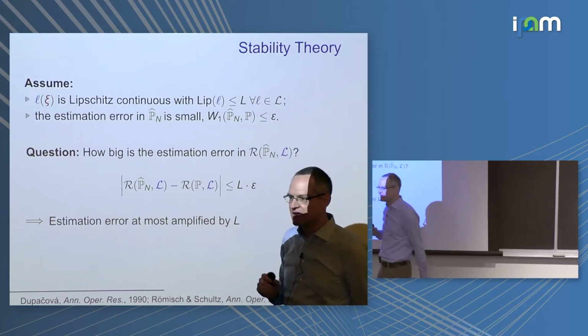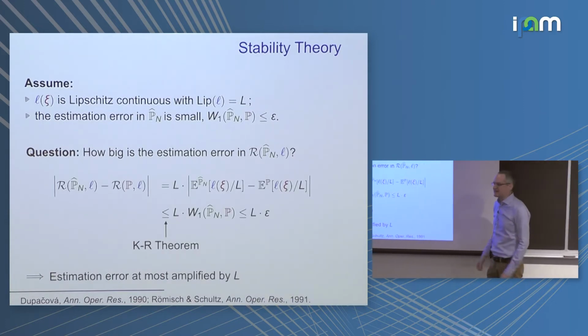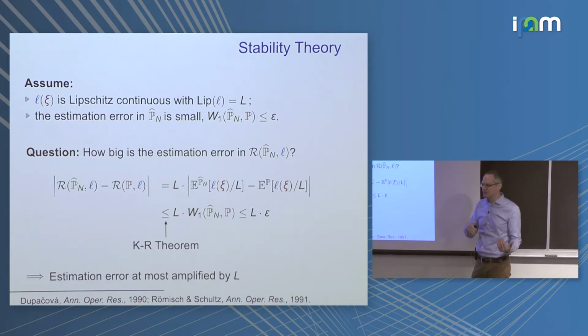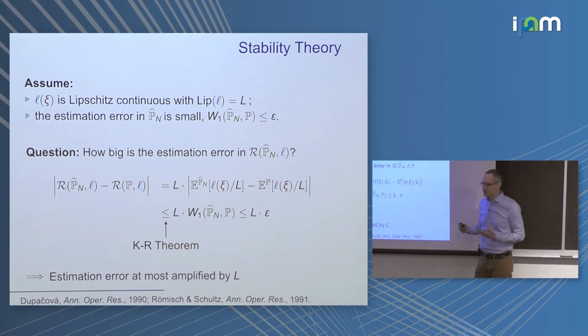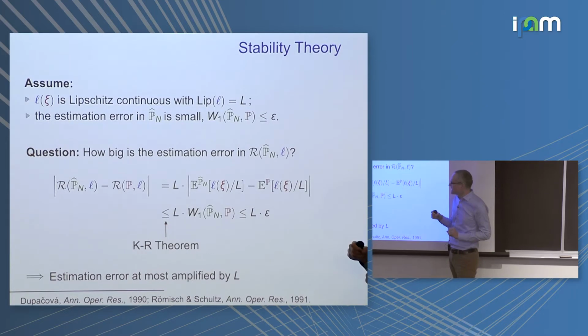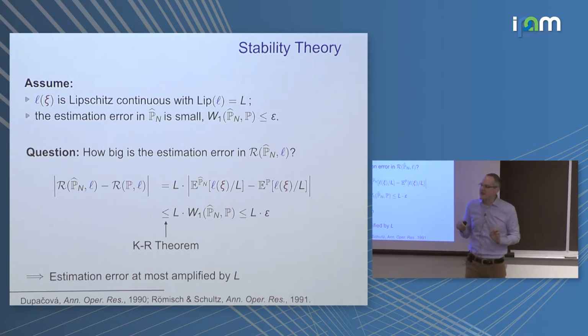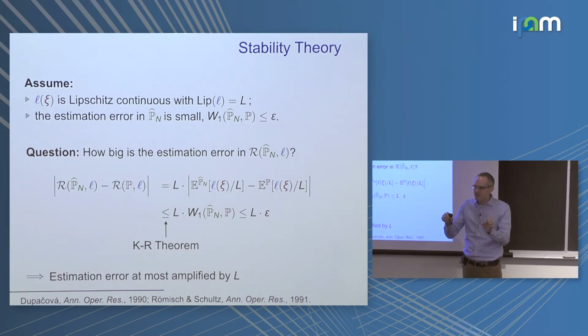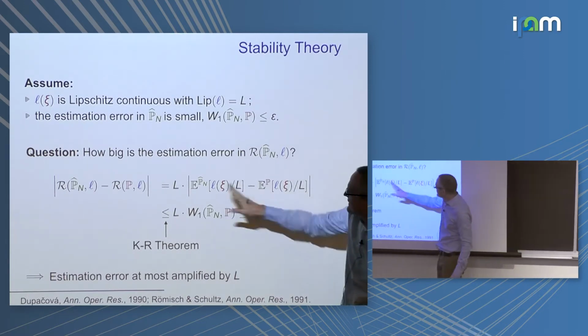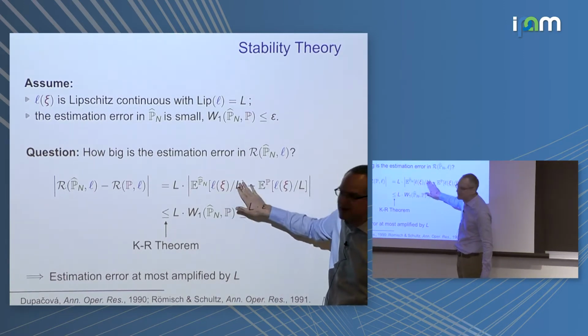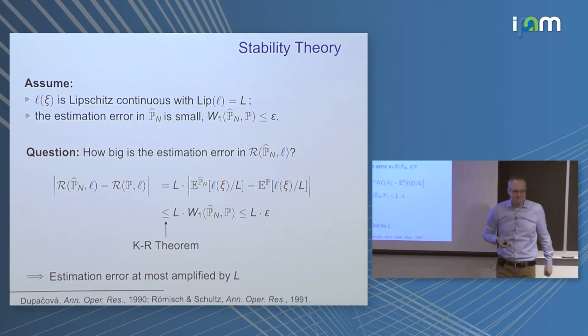Yes? Is it just an immediate result of the duality theorem? Exactly, yes. So the optimal transportation problem has a dual reformulation, and strong duality holds almost always, and this is the Kantorowicz-Rubinstein theorem. And so the dual problem says that the Wasserstein distance can be expressed as the difference between the expected values under Q and Q prime of some test function, which is Lipschitz continuous with Lipschitz modulus 1, and then this difference is maximized over all such possible test functions. And now here, if we divide the loss function by L, then we get a test function of Lipschitz modulus 1, and we can apply it. Yeah.